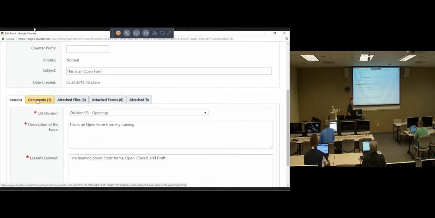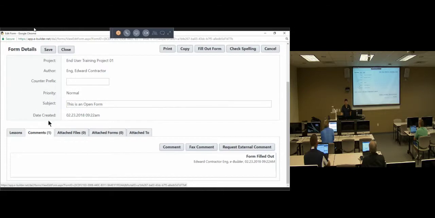Comments are a unique functionality in the system. It's separate from these pieces of information on the front of the form that you normally fill out. You can add little tidbits of communications or comments or what have you about this form. Go ahead and click on comment, or click on the comments tab. So once you click on that,